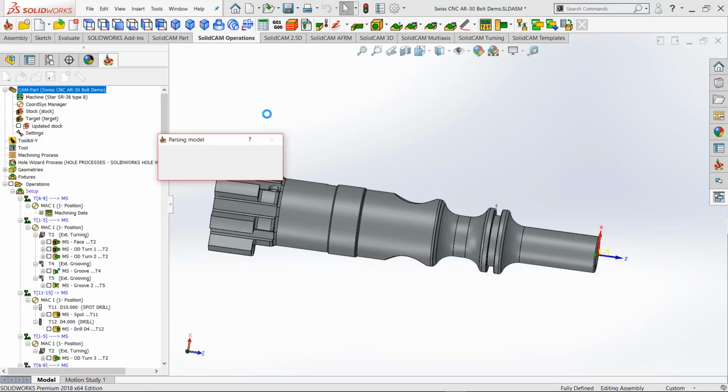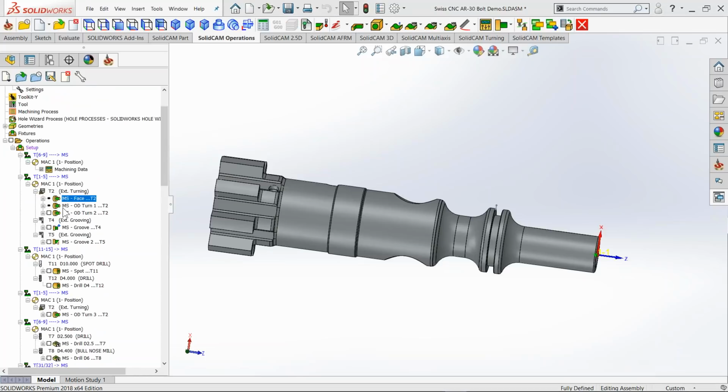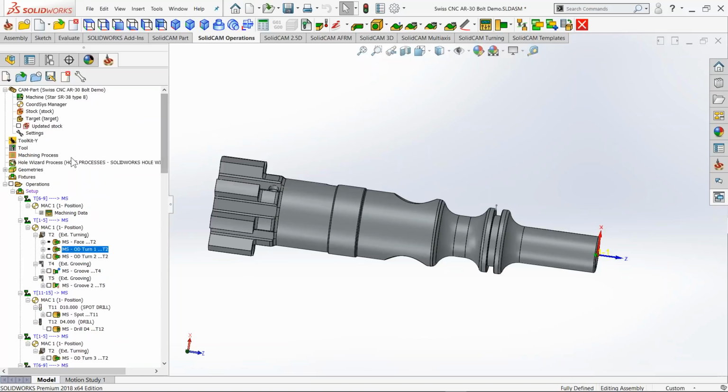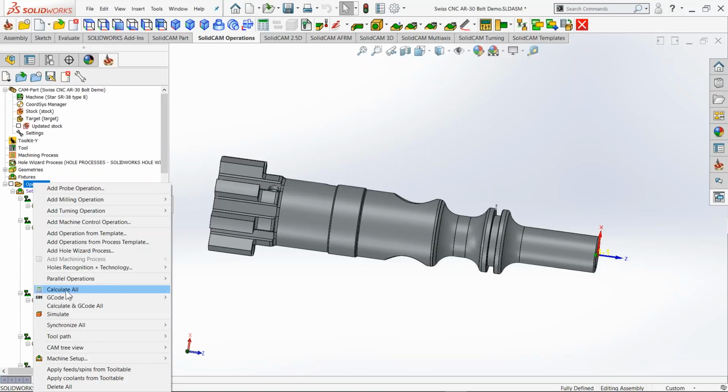So what is now happening is we are checking the model, we are checking the stock, we are creating new envelopes, also for the stock, because sometimes it depends on all the parameters you put inside. SolidCAM will now try to synchronize everything with the design model, and it will mark all the operations that have to be recalculated. As you can see on the left side over here, you can see all the marked operations that have to be recalculated. So in that case, what you need to do, I'll just go to the right click, calculate,